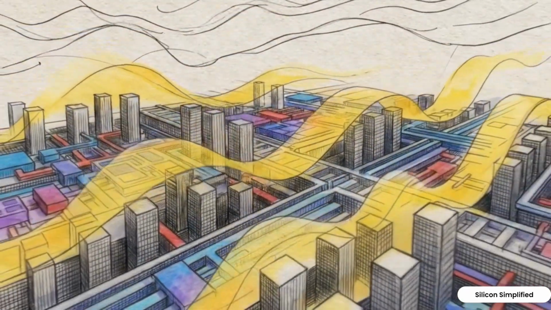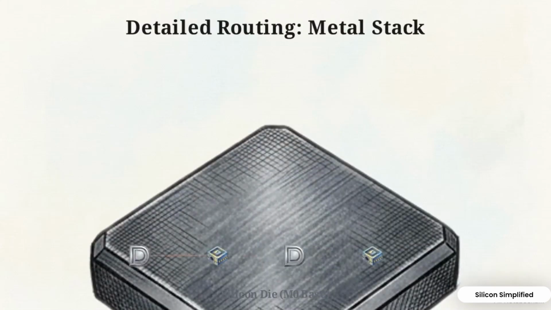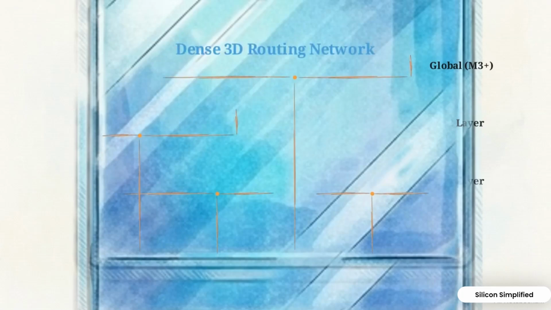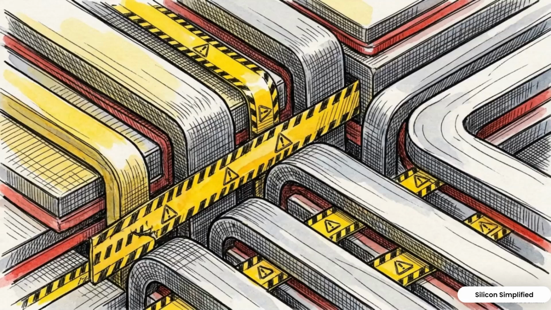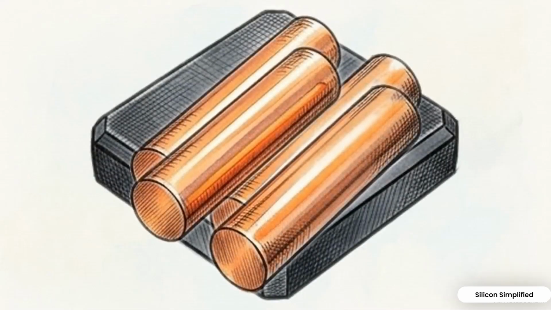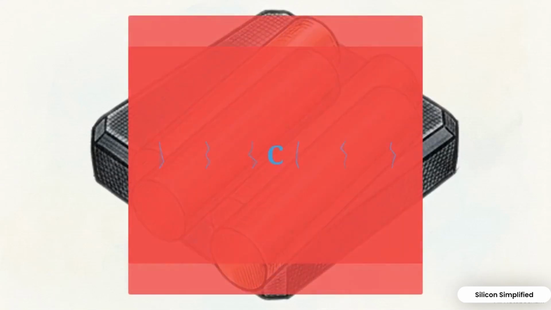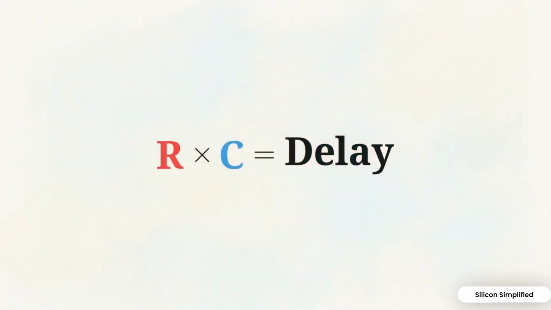high-performance design. In detailed routing, the EDA tool connects all placed cells using the metal stack from the lowest M0 layer to the upper global layers. The density of the lowest metal layers is so high that strict geometric rules are required to prevent electrical shorts and spacing errors. At 5 nanometer and below, the resistance-capacitance parasitics of these tiny wires entirely dominate the total timing